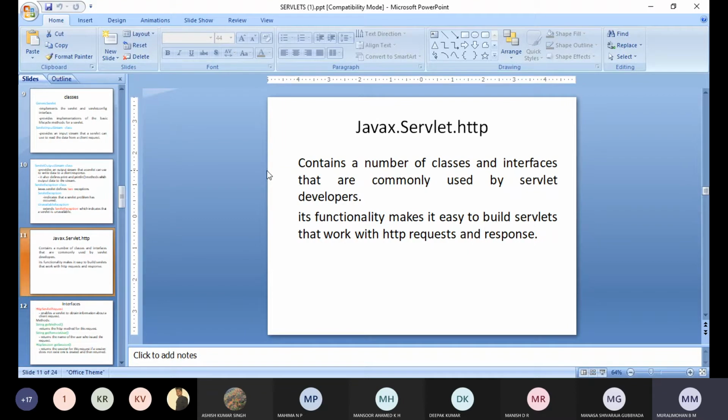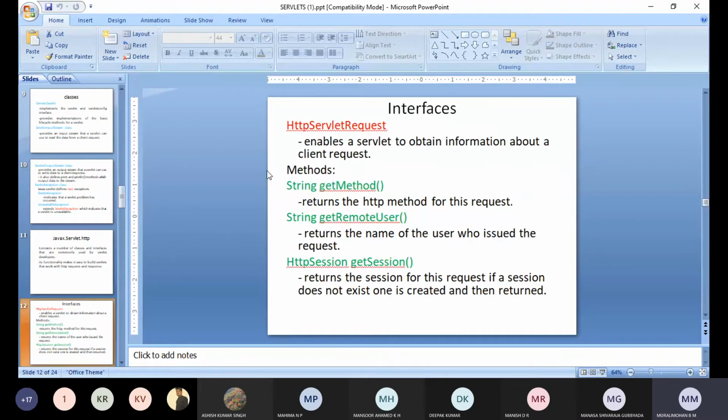In the introduction classes we discussed how the request will be sent to the servlet and how the response will be received by the client, and how the servlet will formulate the response for the client. All these functionalities, used to make a response for the request, are provided by the javax.servlet.http package.